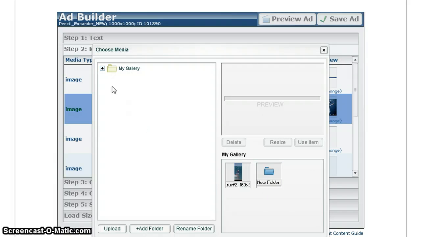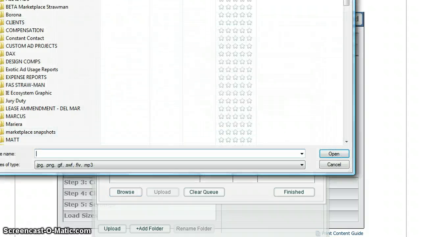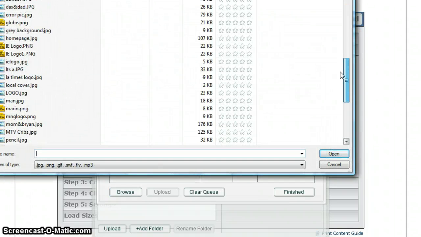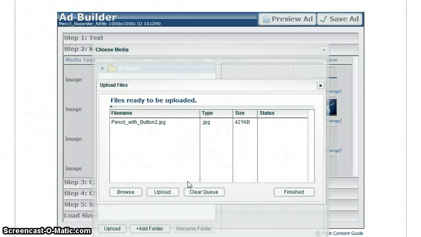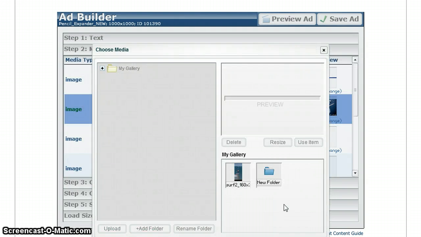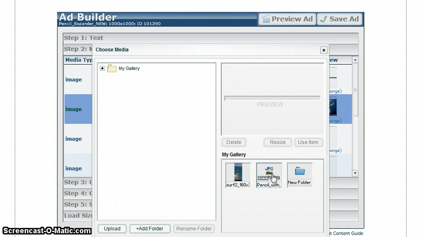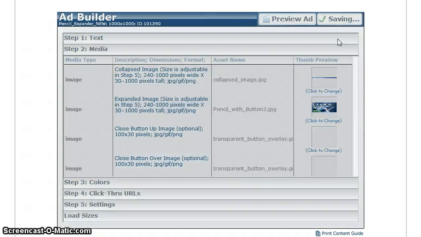Actually, no, I need to still upload it. So we'll go ahead and upload this to our gallery. Click upload as always, and then finished. And now we have our new image that we can select with a button in here. So we'll go ahead and use that image. And now when I preview,